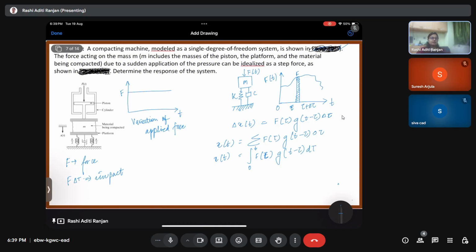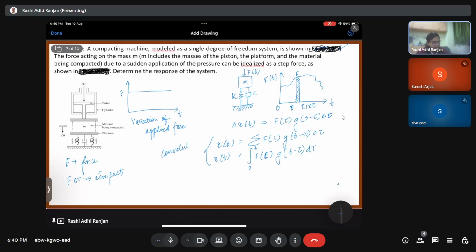So what we have done is we knew the concept of impulse force. If an impulse force is applied, what is going to be the solution? We used that knowledge over here. We divided our continuous force into small parts such that each is considered an impulse. For every impulse, we found the solution using the equation that we derived for question number 1. After that, we applied a summation for all the range of time. Then we converted the summation into an integral for continuous integration. Okay. And this form of solution is also known as the